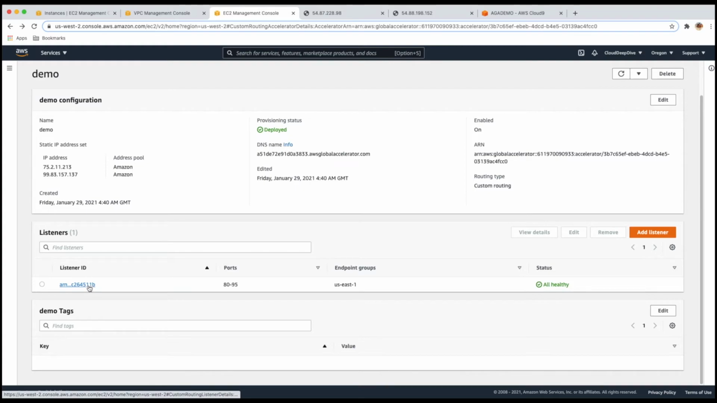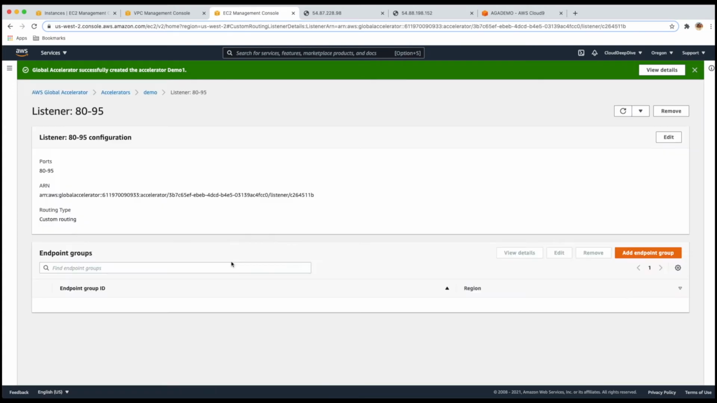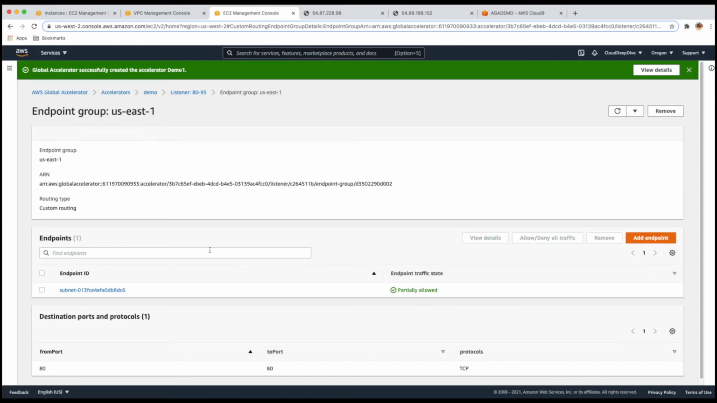Next, let's go to the listener. After creating as well, if you want to create a new listener, you can do that. You can add more ports to it, and it will go through the same screens which we did. So let's go to this listener which we created. In that we have one endpoint, US East one. If you want, you can add a separate endpoint group as well, maybe in a different region or the same region with a different subnet. Right now we have only one endpoint, a particular subnet, but within that group as well,